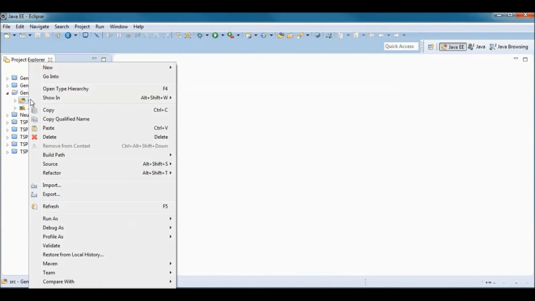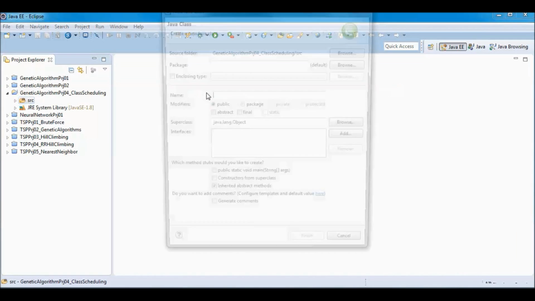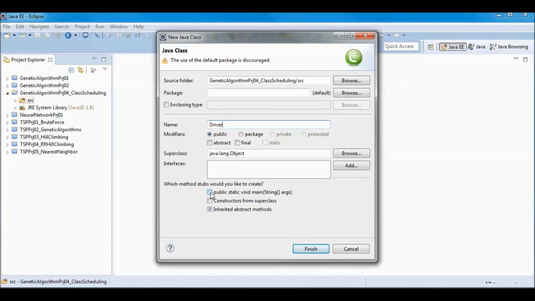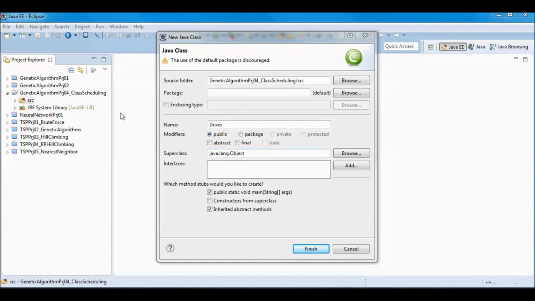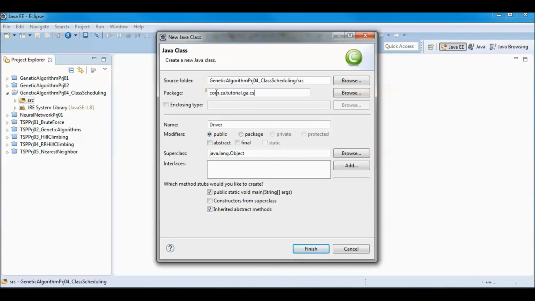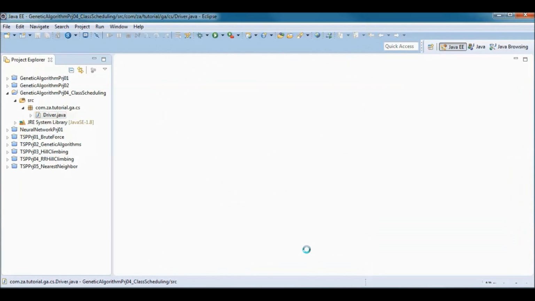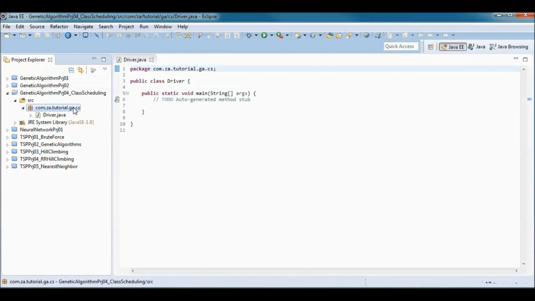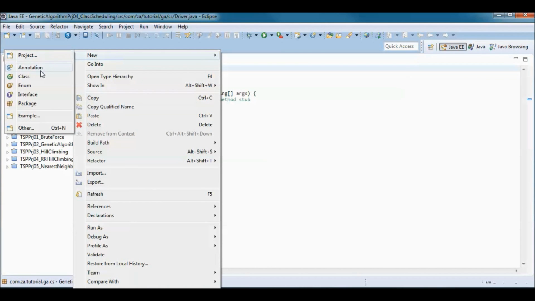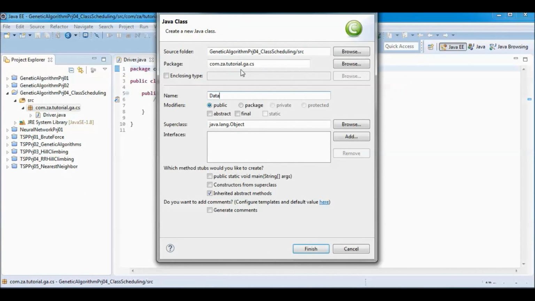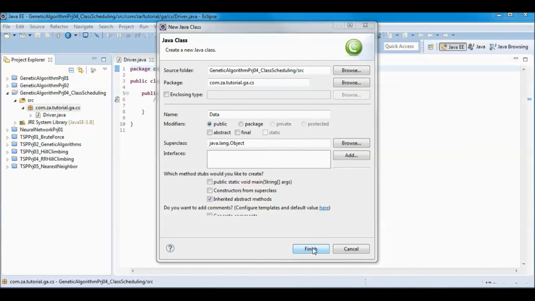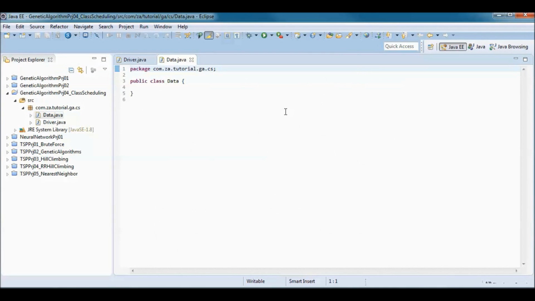And here we will have a driver class with a main method that will be in this package. And this will be the driver for the whole application. And I will have a data class that will contain and initialize all the data.